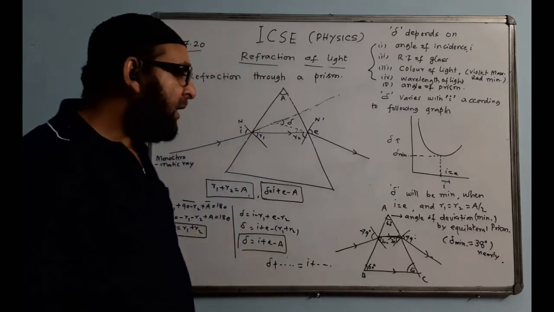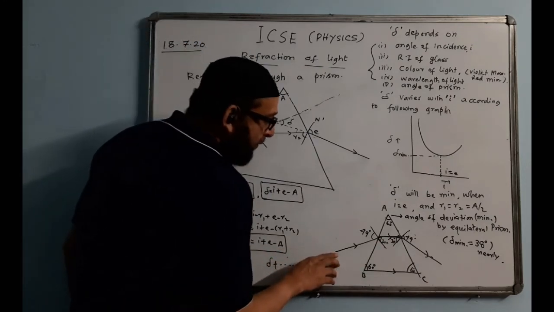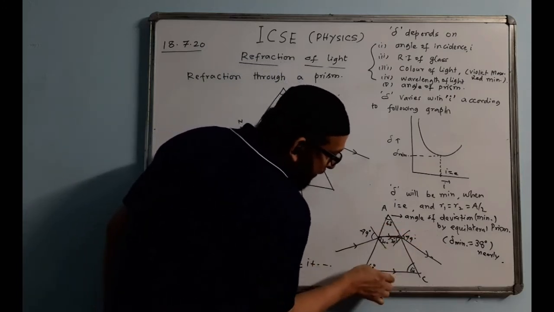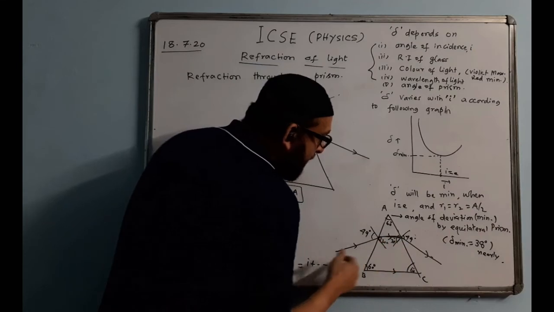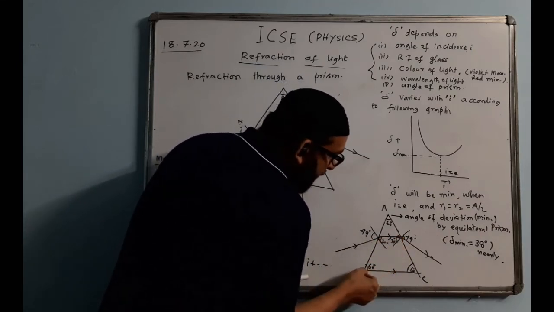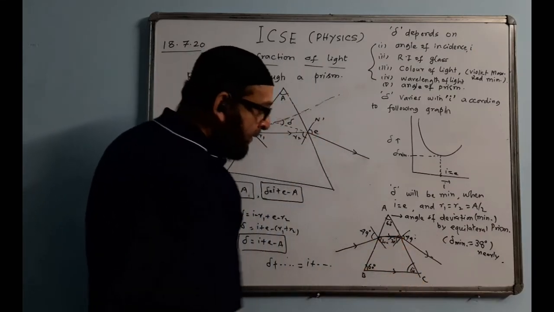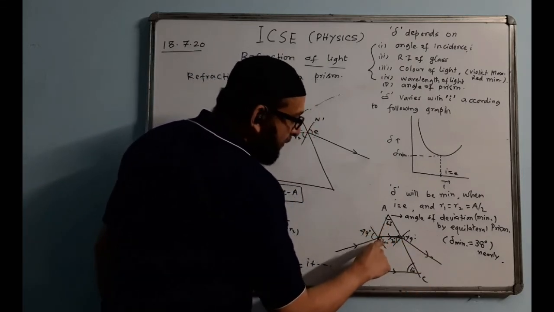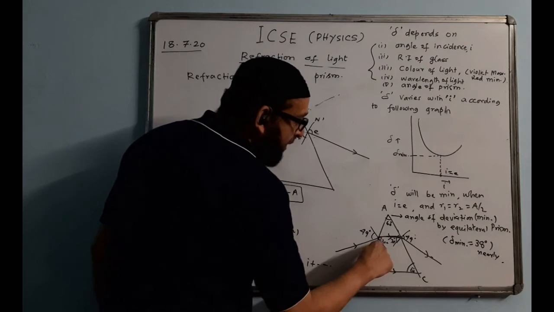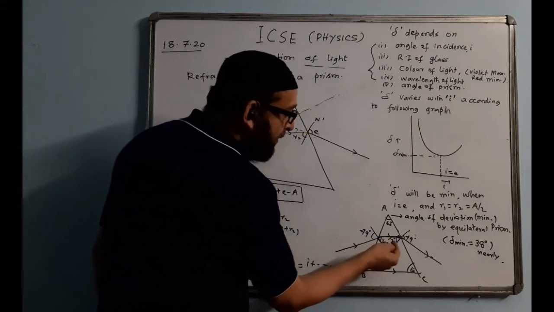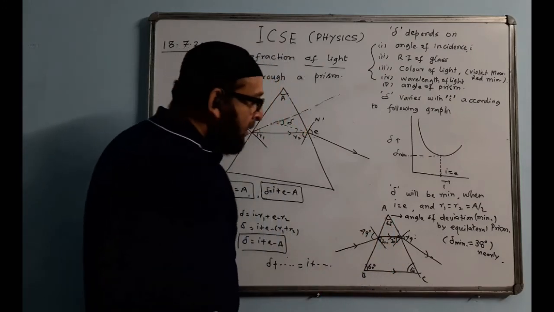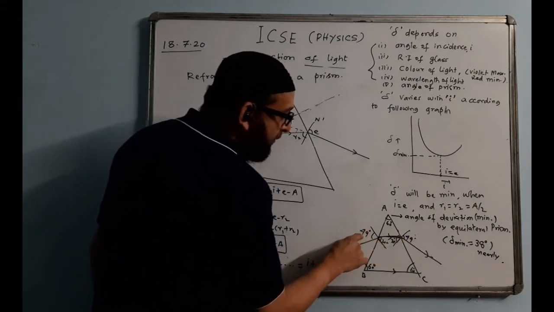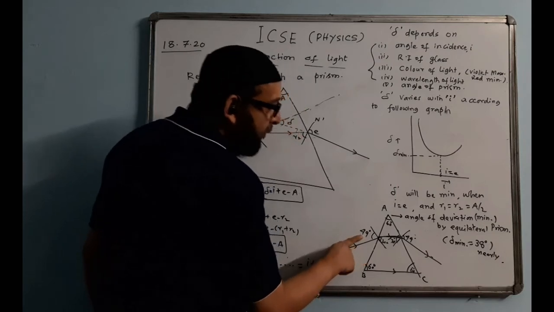So how to draw the diagram? For this we'll take a monochromatic light like this. The ray within the prism will be exactly parallel to the base. That is, this line will be exactly parallel to BC, the base, and then it will come out. If this is 60 degrees, we know these two angles have to be equal, and each one will be 30 degrees, because 30 plus 30 makes 60. Now this angle, on the basis of calculation, is a value we are supposed to learn by heart, that is 49 degrees, 49 degrees.